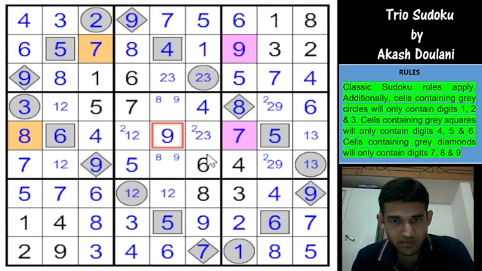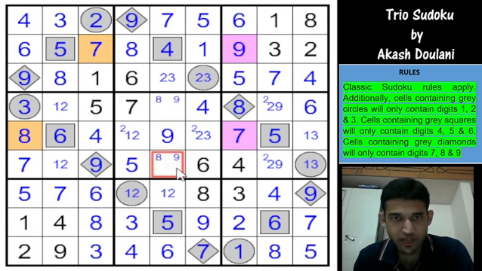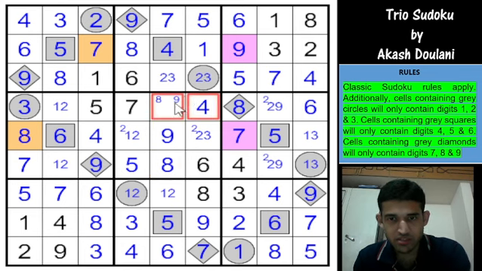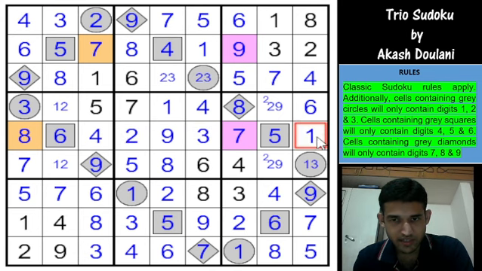Okay, 8 in box 5 has to go here, no other cell, which means that this cell would be 4, 7, 9, 5, 6, 8. This has to be 1 or 2, and we already know that 2 is in one of these cells. 3 is obviously ruled out, so 2 is in one of these cells. So which means this is 1, so that's 2, that's 1, that's 2, that is 3, that's 1, that's 3, and you have 9 here.